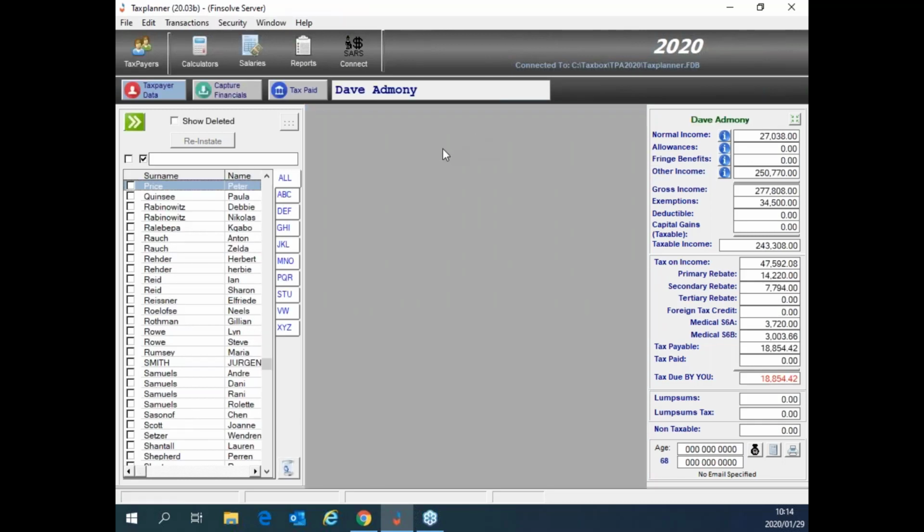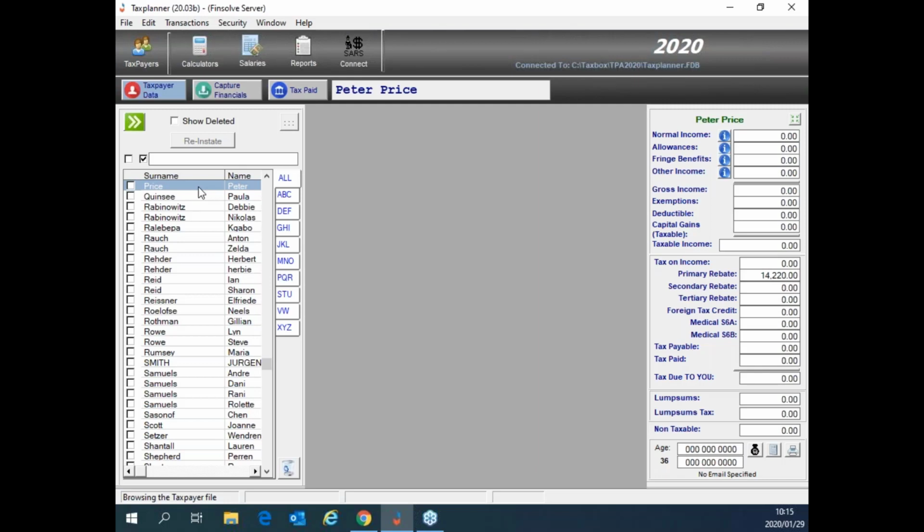So on your column on the left hand side, you'll see now there is a Mr. Peter Price highlighted in the specific column. So to start capturing the details of this Mr. Peter Price, we are going to highlight it, and then we need to capture the income which is